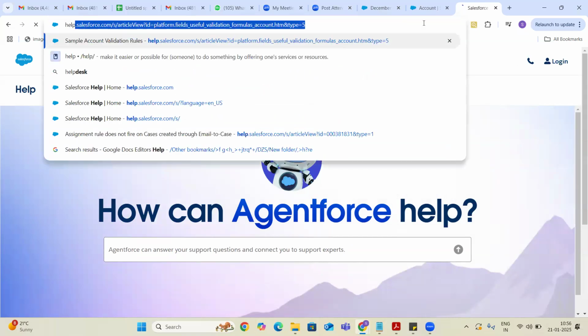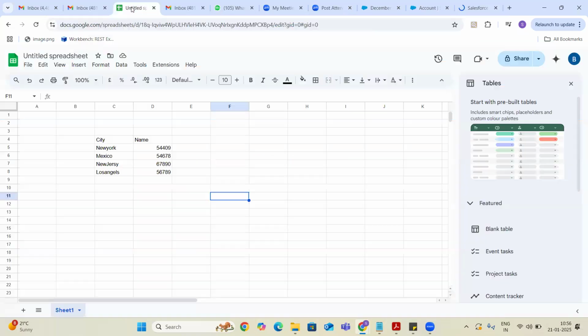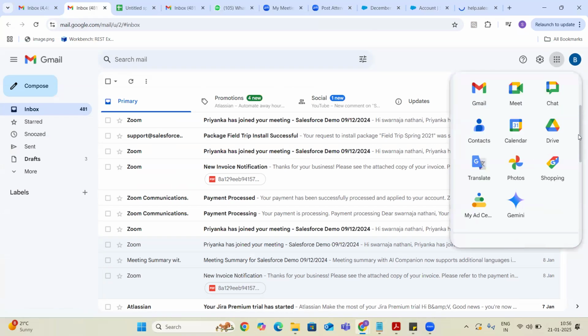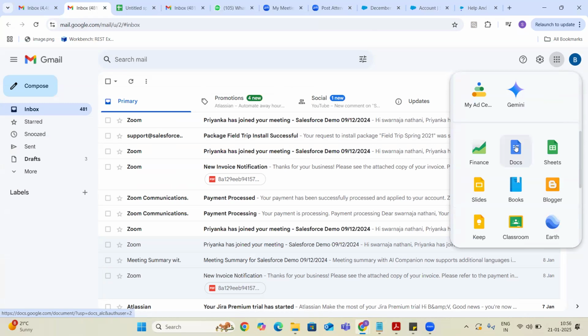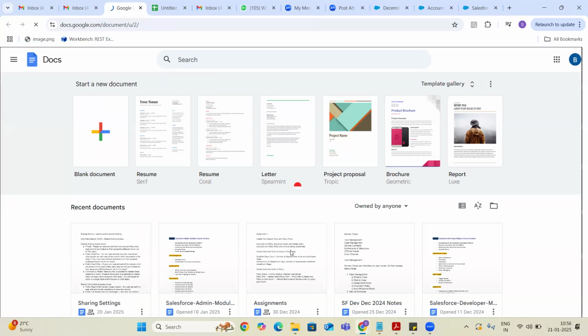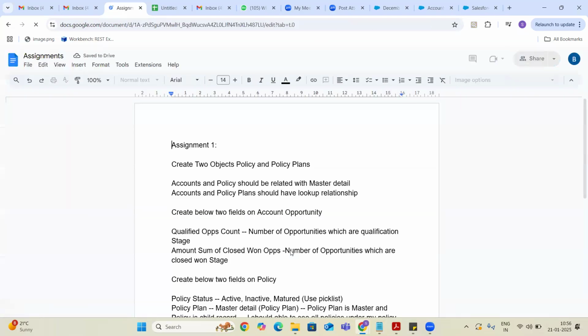Otherwise, let me place this one into our drive. We have assignments, right? I'm going to add validation rules also there.